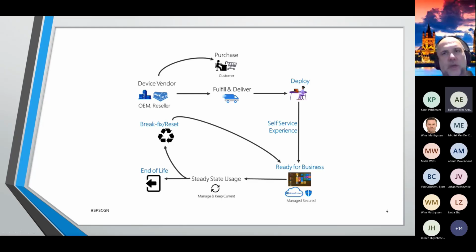Now we are coming to the trick point, but I will describe it later. Or basically, let's do it now. Ready for business is a little bit of a discussion, what this can be. If we are talking about half an hour, 2 hours maximal delivery time, we are not talking about engineering apps like AutoCAD, CATIA, stuff like that. We are talking about deploying Office 365, deploying additional software like Foxit Reader, Adobe Reader, both or some of them, like 7-Zip or some similar software, like an additional browser,